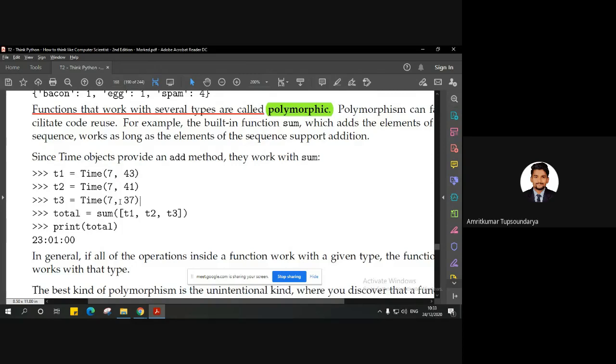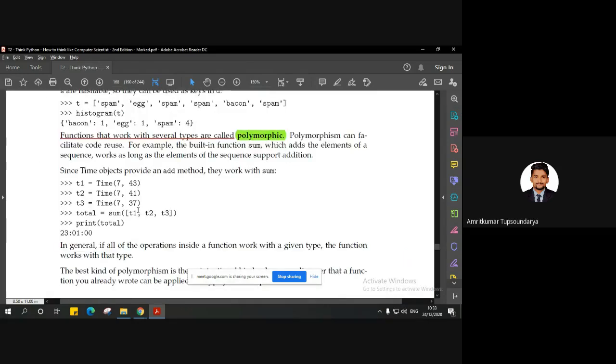The total of this is computed and printed, which comes to 23 hours and 1 minute. So the point here is that we are going to use these different forms of this object to represent it and then make use of it.